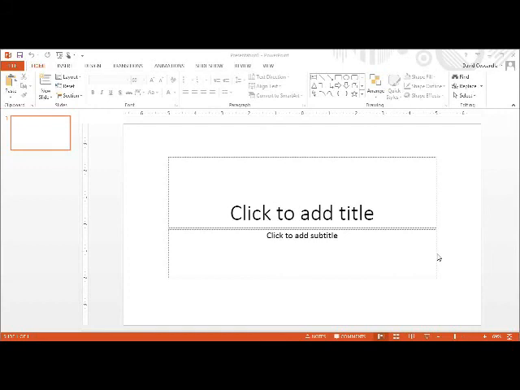The presentation slides appear within the main screen of the application window. The application window consists of the title bar, the ribbon, the status bar, and the presentation slides. The most important tool to point out is the ribbon, located at the top of the application window. This tool is where you can find all of the tabs, button groups, buttons, and commands available to use within